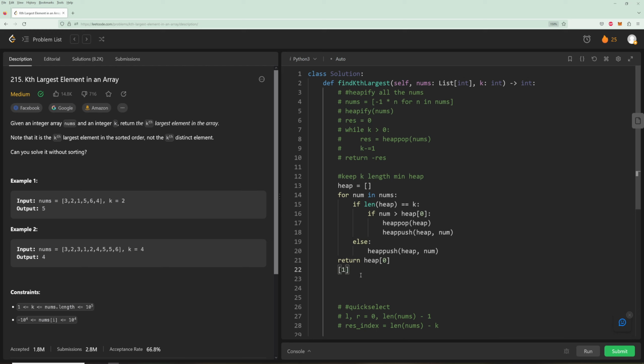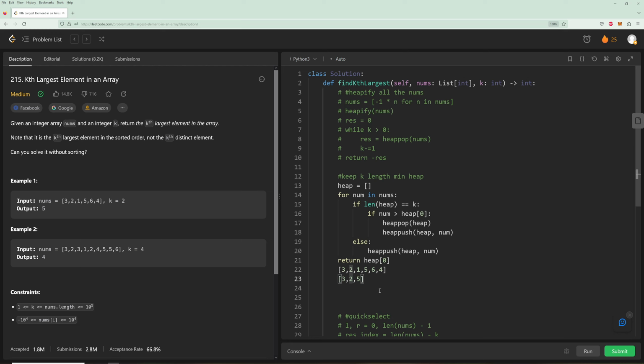Okay. So then we have the k-length min heap, where we are doing the same kind of thing, except now if our numbers were 3, 2, 1, 5, 6, 4, we are just going through the numbers, and essentially we start out with a min heap of nothing, and we keep adding numbers up until our k length is reached. Now for every single number we check, is it greater than our minimum number, and if it is, then we do a pop and replace it with that number. So essentially in this, we would do a pop